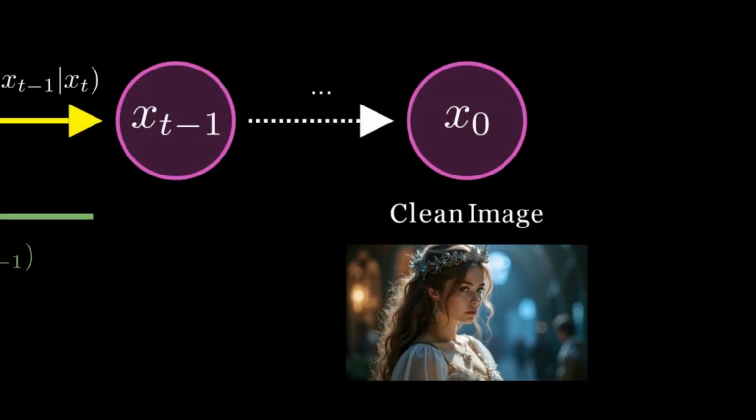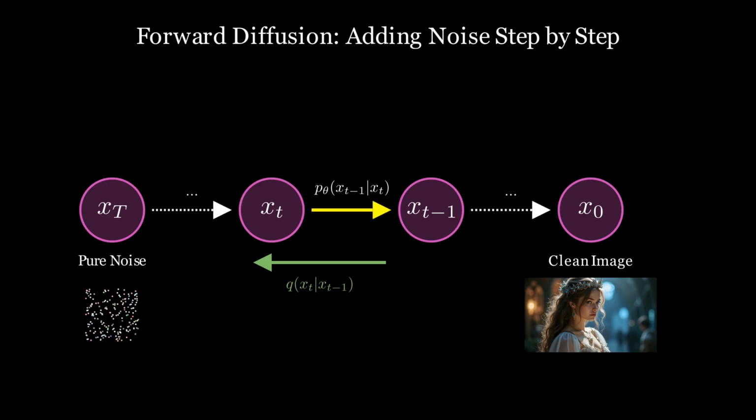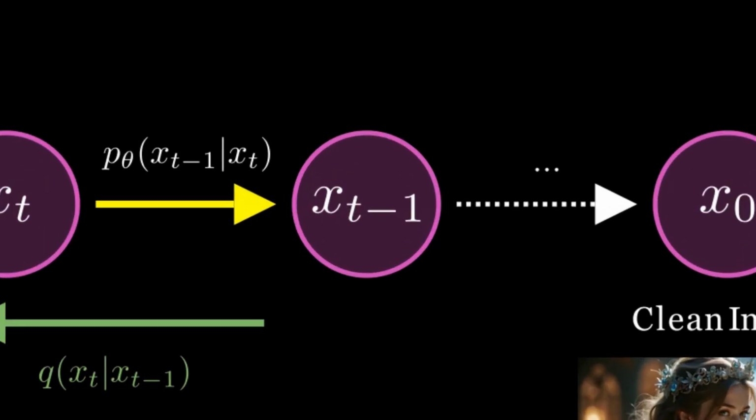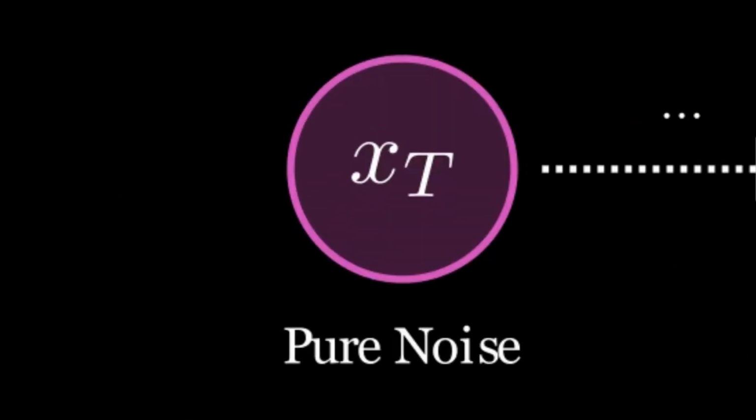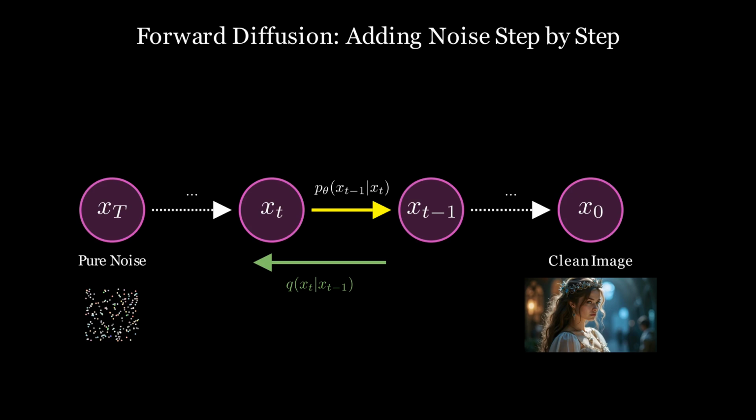We start with our clean image x0 on the right. As we move through time, we progressively add noise at each step. At time t minus 1, the image is slightly noisy. At time t, it's even noisier. And finally, at time capital T, the final time step, we end up with pure Gaussian noise. Notice the arrows between